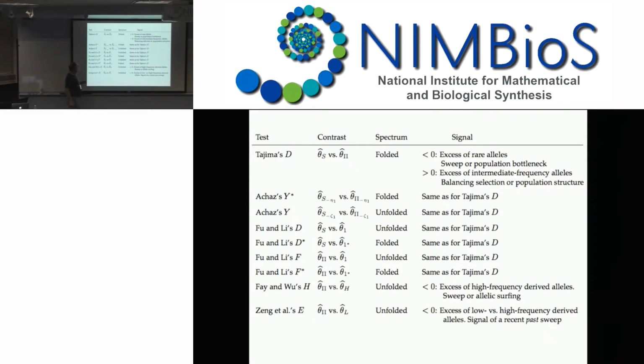More will come back and talk about that. And the same thing for E as an estimate. We'll show you where all these things come from. It's actually pretty straightforward. So in Fay and Wu's H, a value less than 0 means you have an excess